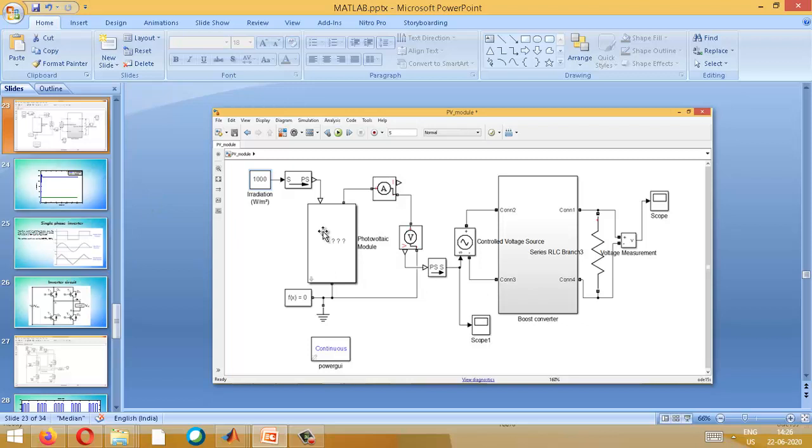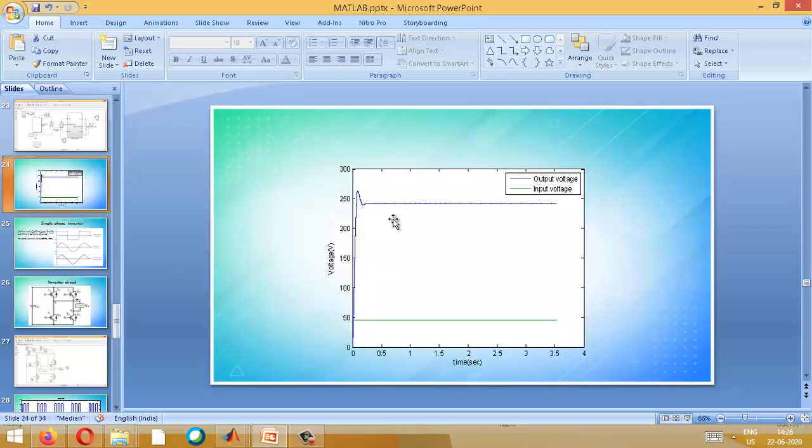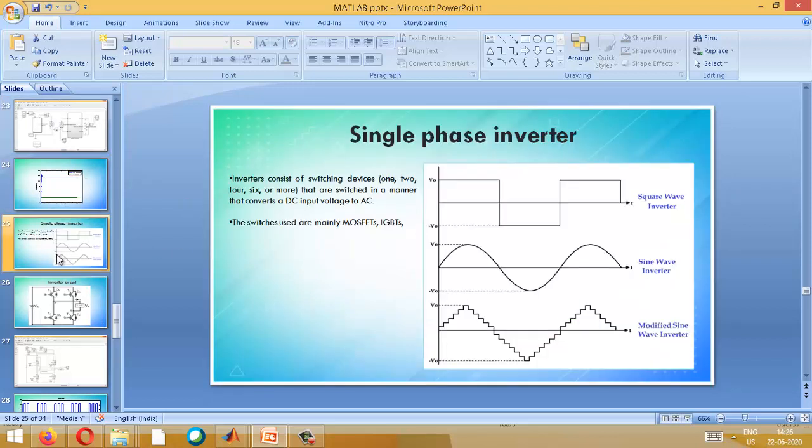So you can design, see, for an office, if they use 10 tubelights, 10 fans, then you should go for 1 kilowatt. If they use 5 fans and 5 tubelights, then you have to go for 500 watts. So go and do analysis at the particular office, try to identify what the requirement is, then do the simulation for the solar, then connect it to a boost converter. You will get the required voltage. Once this value is obtained, our next step is to do the conversion to AC.